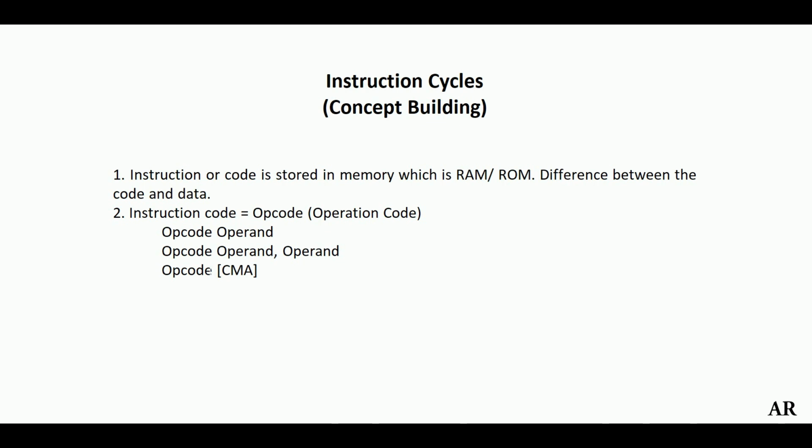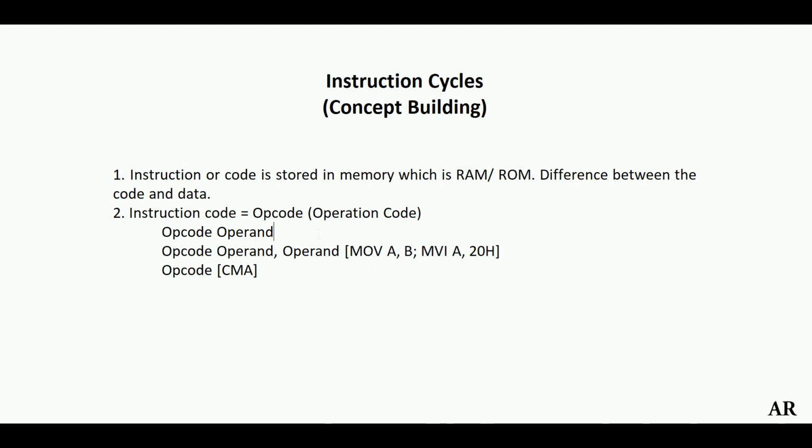The second case is opcode followed by two operands. The example is MOV A, B. So here, as you can see, the two operands are A, that is the accumulator register, and the other is B. Another example, you can write MVI A, 20H. In this case, A is one of the operands, which is the register, and 20H is in the form of data, but it is also part of the instruction, and this is the second operand. And in both the cases you have an opcode. In the first case MOV is the opcode, in the second case it is MVI.